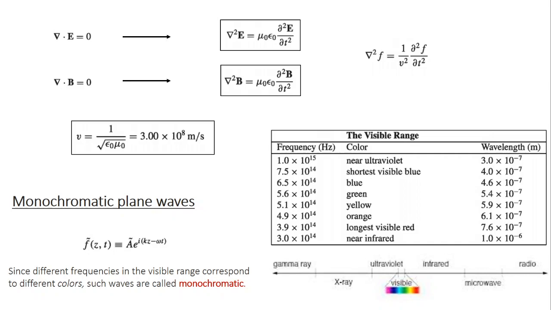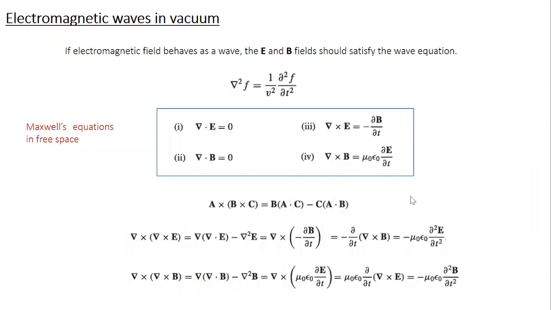I hope at least now you appreciate the importance of Maxwell's contribution. Had Maxwell not made the correction to Ampere's law, then this electromagnetic wave concept would not have been possible. That's exactly the reason why, even though these four equations were given by different people during different periods in time, they assume their completeness only after Maxwell made this contribution. That's why we call them together Maxwell's equations.